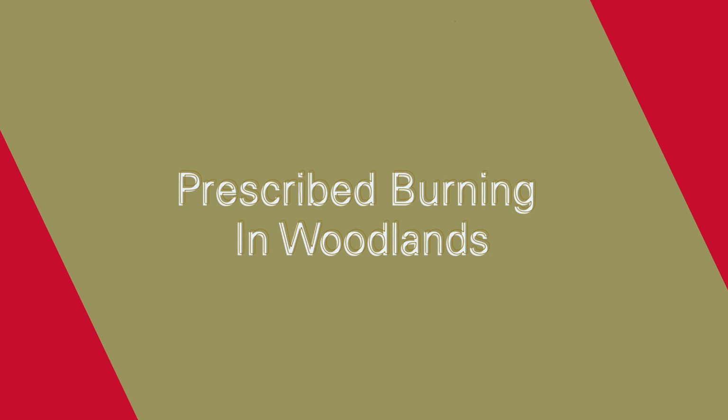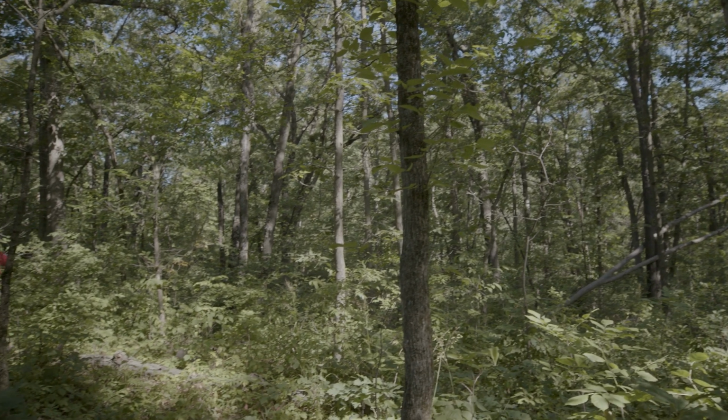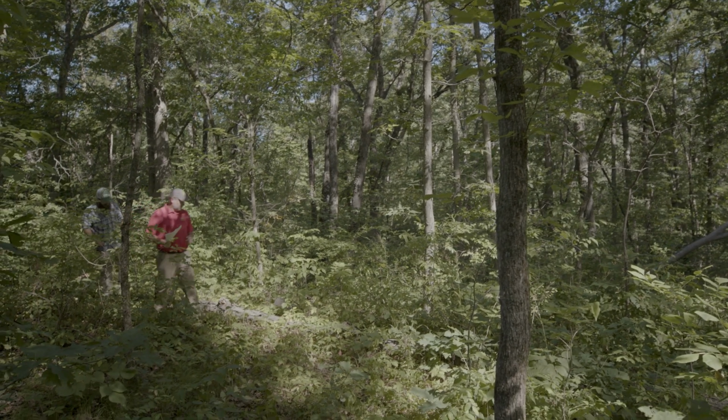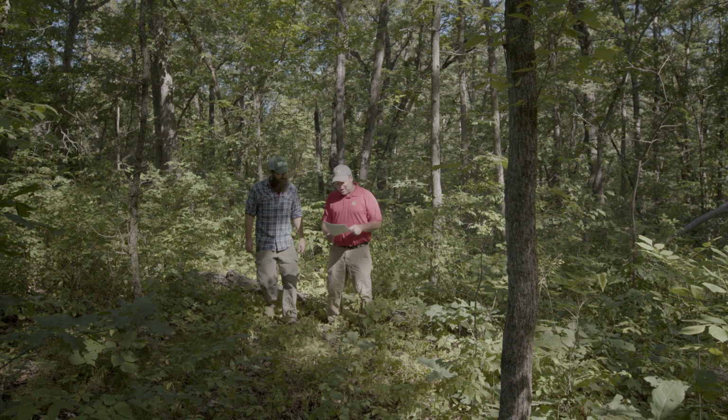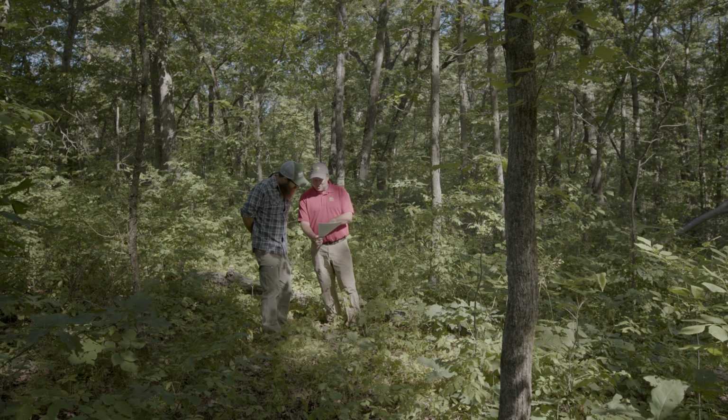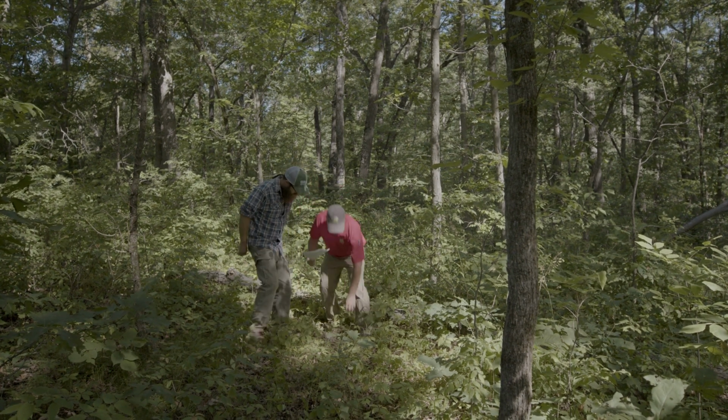I want to talk about prescribed burning in my woodlands. I'm thinking about burning. I've heard that burning does magical things to woodlands. Do I just light the match now? What do I do? Hey, District Forester with the Iowa DNR, Jeremy, with me here, looking at stuff to assess